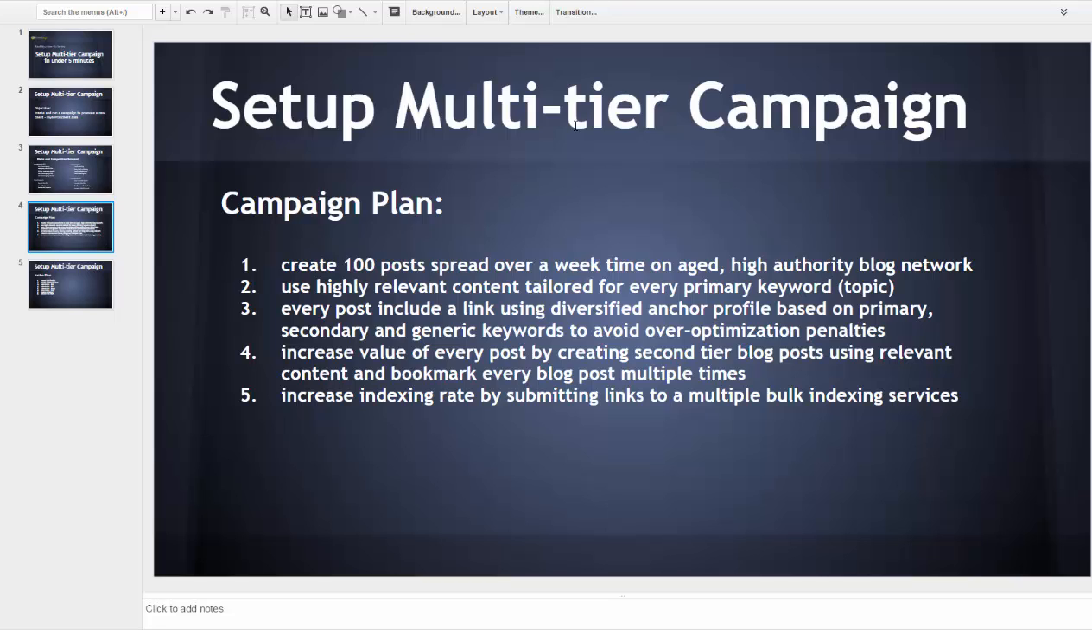avoid over-optimization penalties. I will increase the value of every post by creating second-tier blog posts using relevant content and bookmarking every blog post multiple times. And on top of this, I will increase the indexing rate by submitting links to multiple backlink indexing services. And before going to the action plan, I will demonstrate this setup on a diagram because it's much easier to